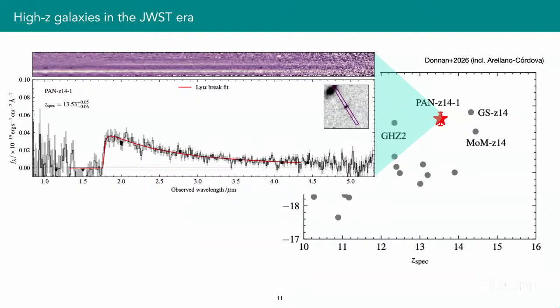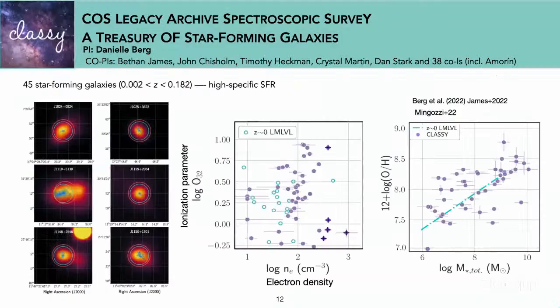I will speak a little bit more about that, but I will not do something more specific with high redshift. I just want to tell you that by observing the local universe, we can add this physics to the high redshift. Okay, and to understand these high redshift galaxies, we also need local star forming galaxies that have this very amazing feature. And this is CLASSY.